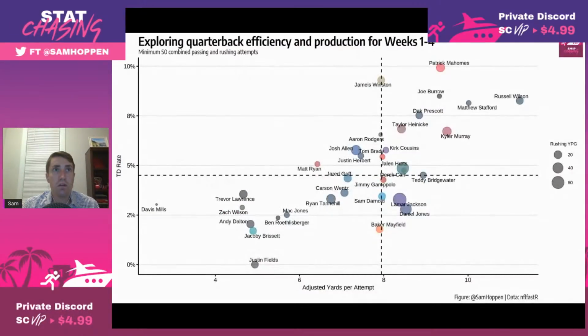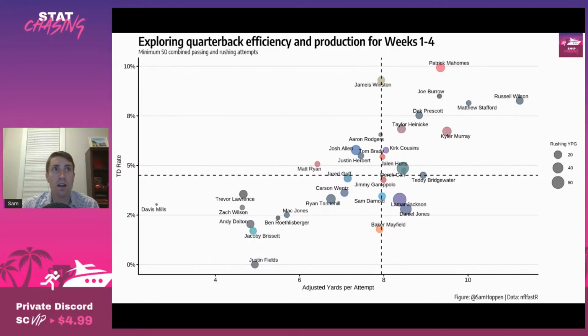I'm going to pull up the quarterback chart here, and similar to what I did last week, I'm going to start by showing the first chart as a rolling four-week average, so basically the entire season, and then we'll switch to a chart that just shows the past week's data. So for the quarterbacks